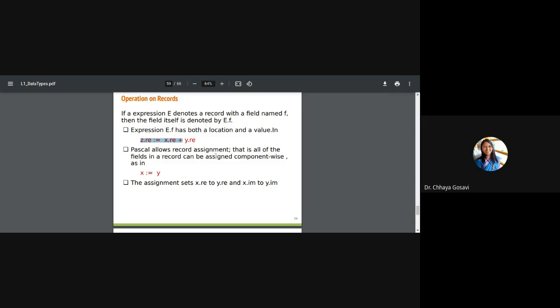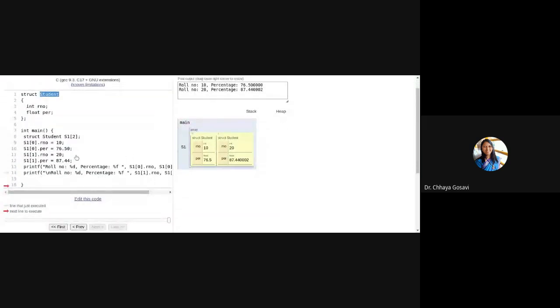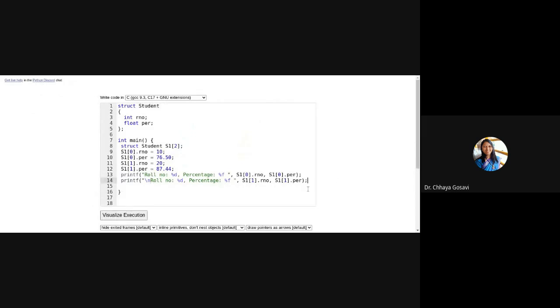Pascal allows record assignments, that is, all of the fields in a record can be assigned component wise. You can create two objects of type student and you can assign one object to another object. For example, in this case, we have created two records, S1 of 0 and S1 of 1. But we cannot say here S1 is equal to S2.